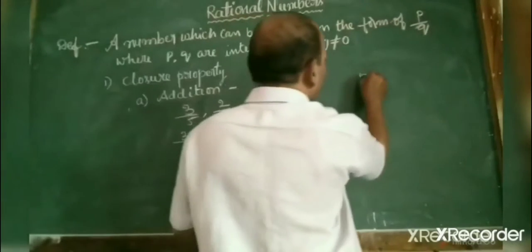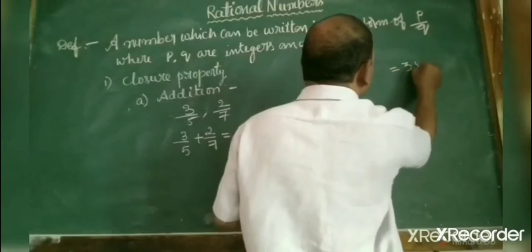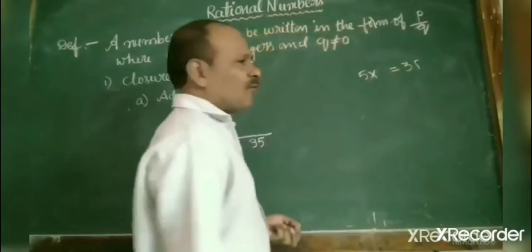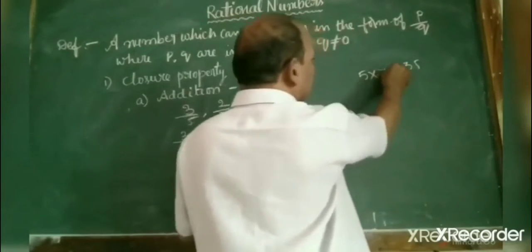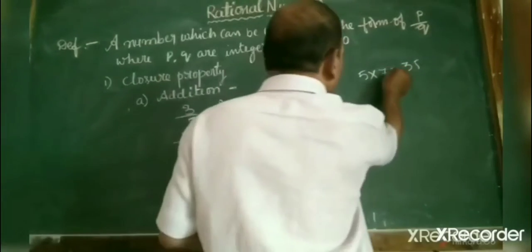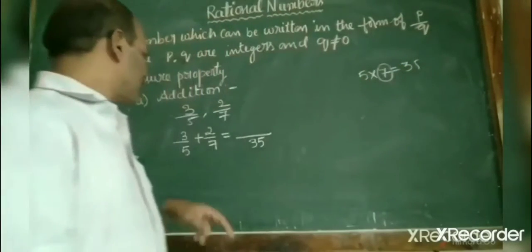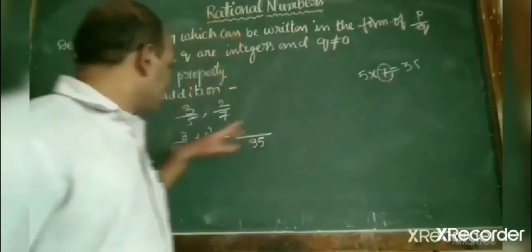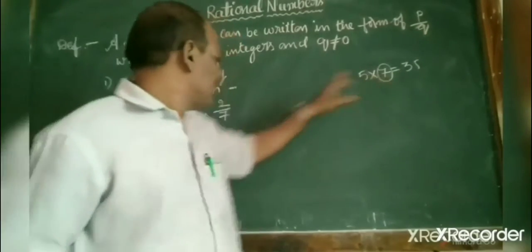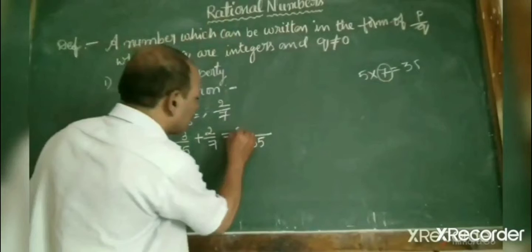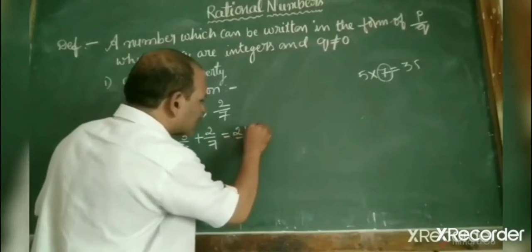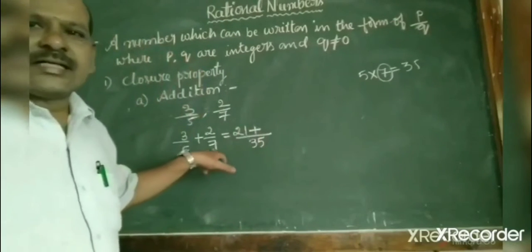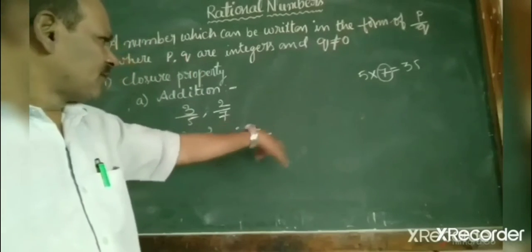See here, 5: how many times in 35? 5 into 7 is 35. This 5 goes 7 times in 35. So that 7 and this numerator 3 give 21, plus